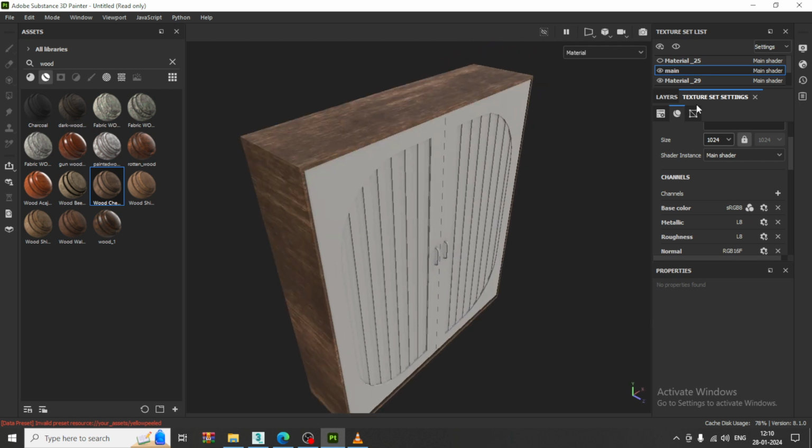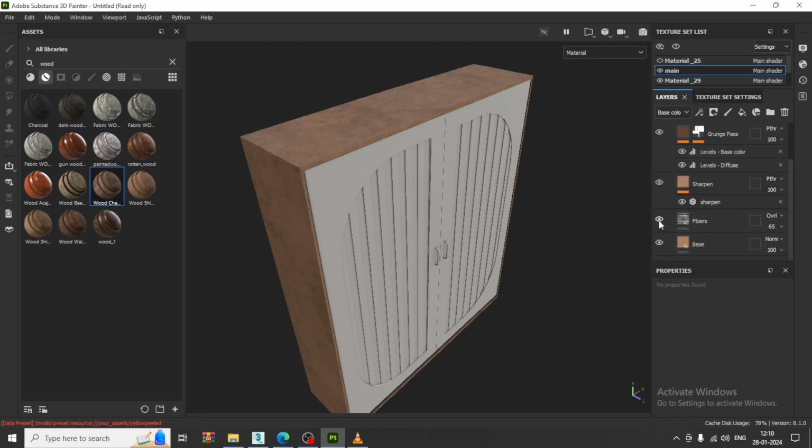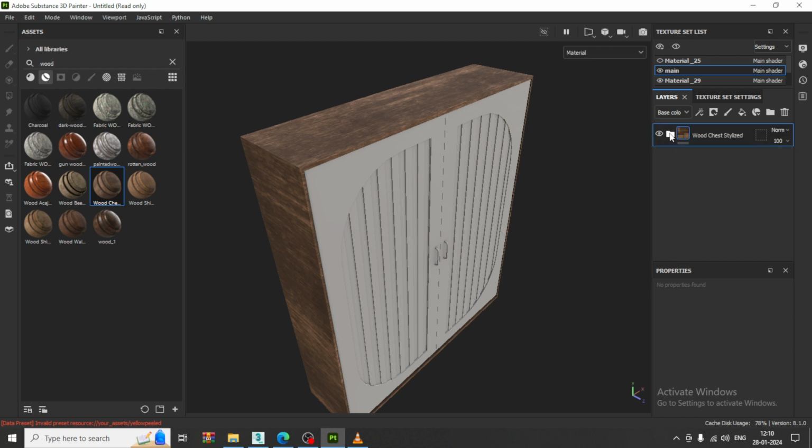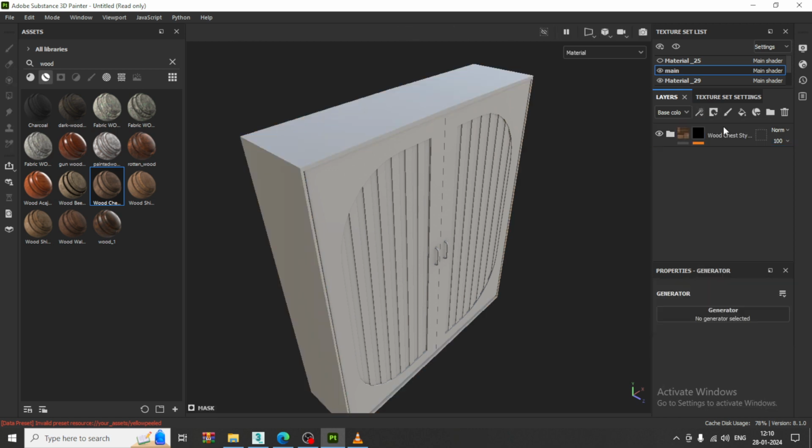After that, as you can see, again, I'll go into this. We have these different styles in it. If you want, you can add some more details over here, the fibers and everything. Again, go to the top and I can just click over here. I can add a black mask if needed. I'll add a generator into it. So we can add a generator, but before that